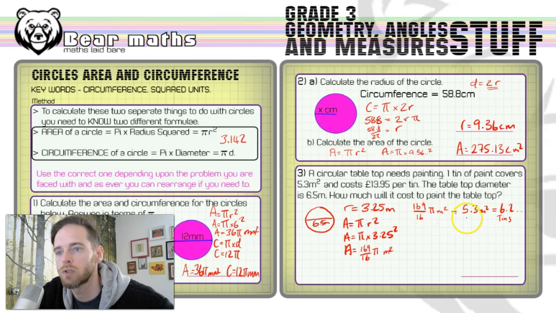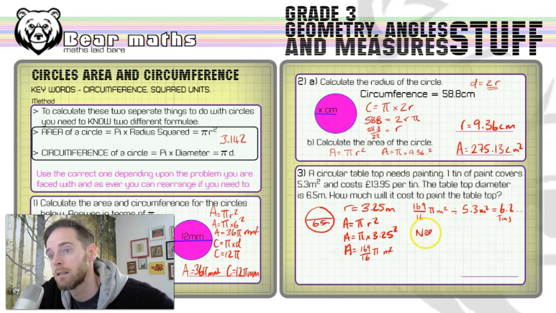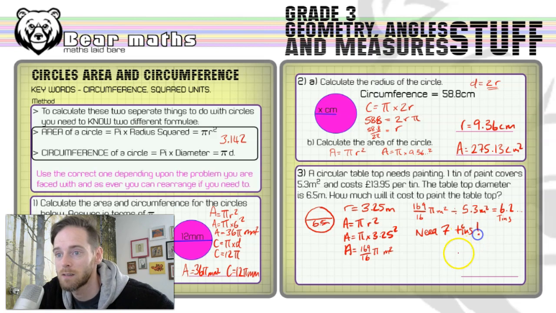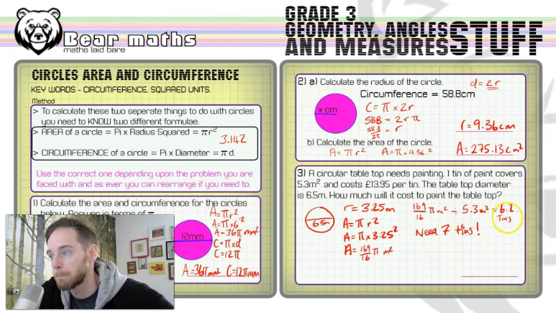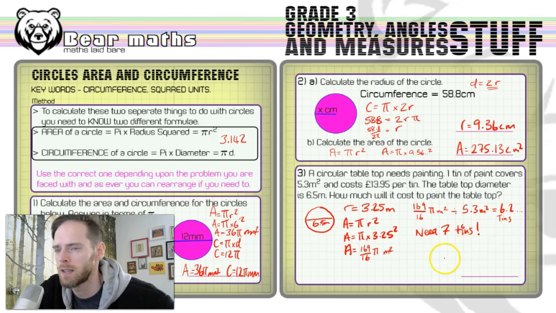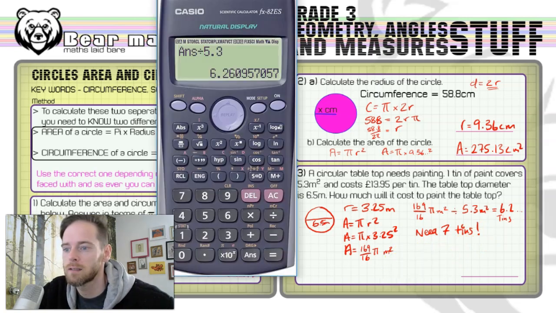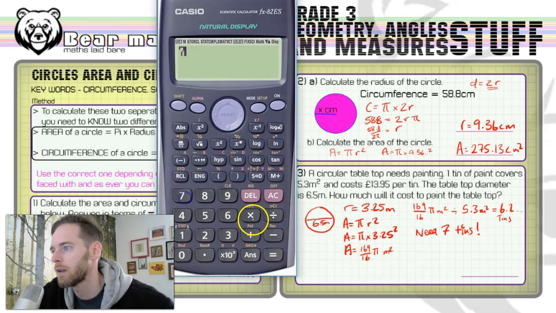We can't go to the shop and buy 6.2 tins of paint. So we need 7 tins. That's a very important bit in that calculation. We need 7 tins, because you can't go into the shop and buy 0.2 of a tin. If you went to the checkout and said, I'll buy 0.2 of a tin, please, they'd look at you like you were crazy. So let's take the 7 that we need and multiply it by